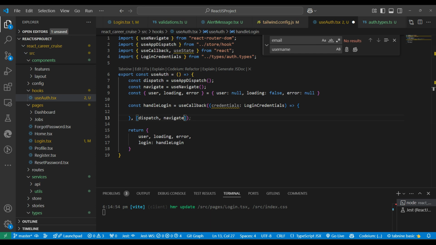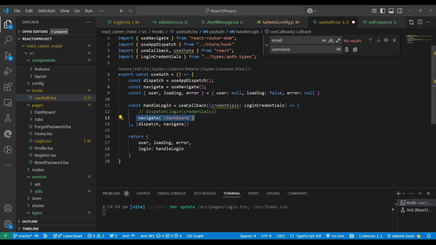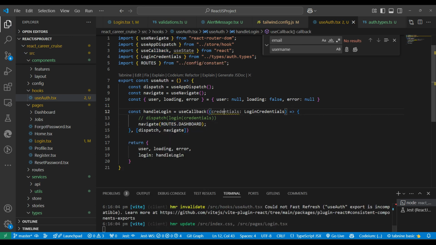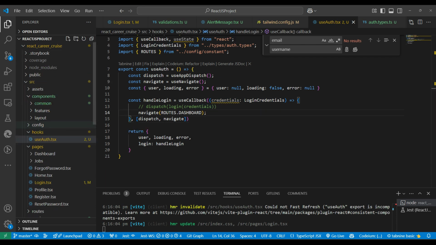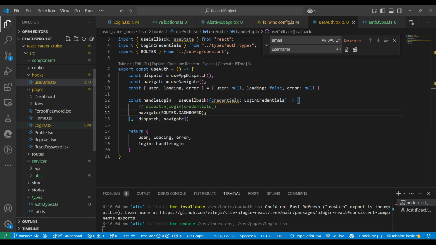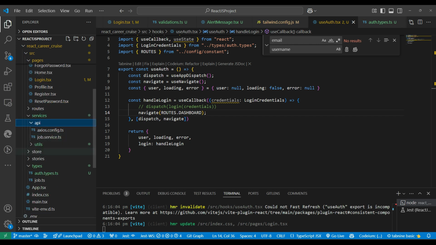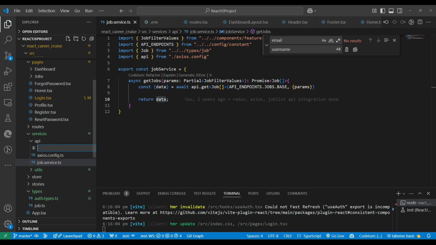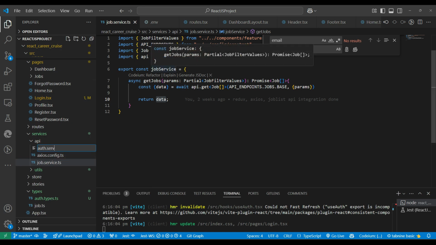Here inside it we need to define the dispatch, and after success, it should redirect to the dashboard. To redirect to the dashboard, we can use the route constant we already have. And next thing is we need to define, as we already defined the job service, which is the API service, similar to that, we will define the auth service. Here we'll create